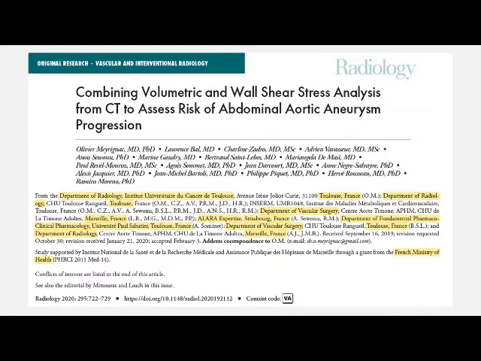The title of this article is Combining Volumetric and Wall Shear Stress Analysis from Computed Tomographies to Assess Risk of Abdominal Aortic Aneurysm Progression. So basically, just as a matter of summarizing this article, which we're going to fly over a bit quickly here,